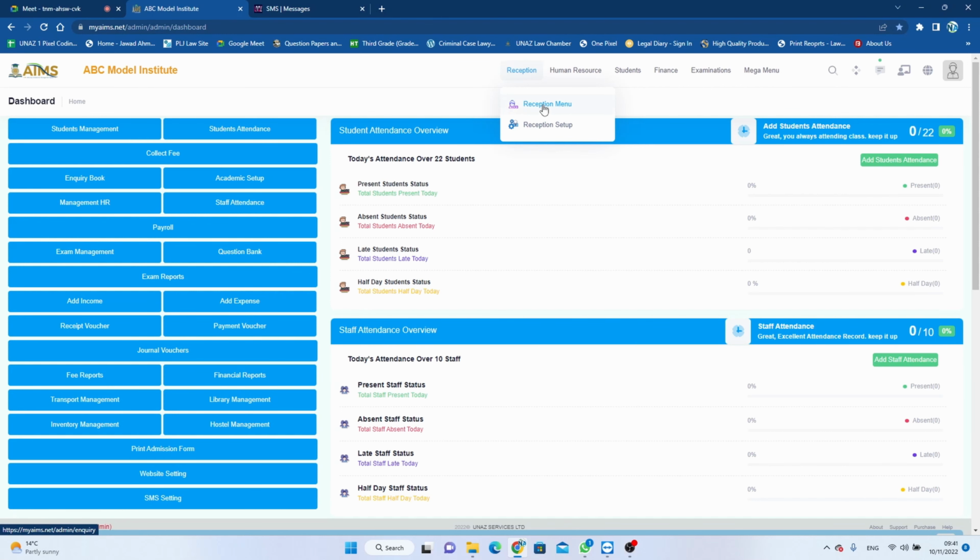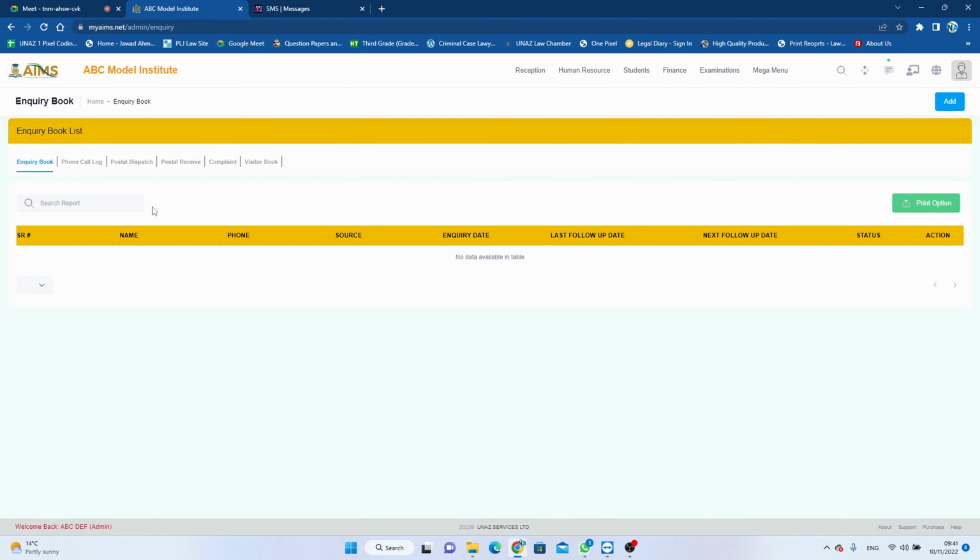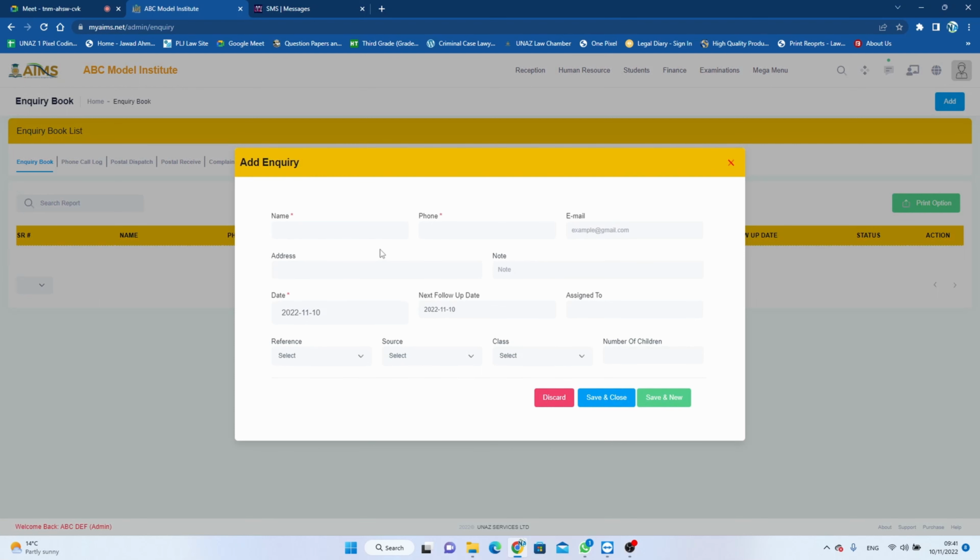So if we go to the reception menu now, here you can see the inquiry book, phone call log, postal dispatch, postal receive, complaint, and visitor book. So first we will explain the inquiry book. If we add an inquiry book,